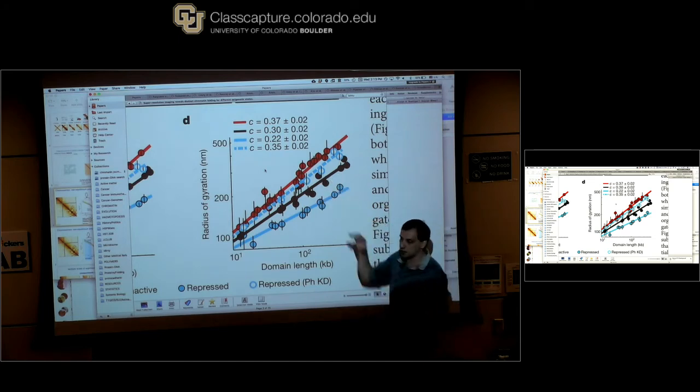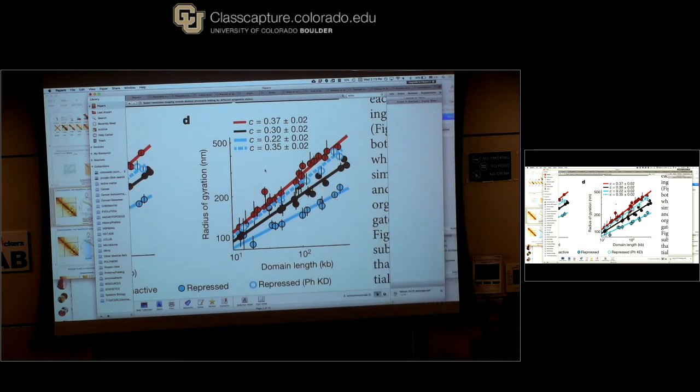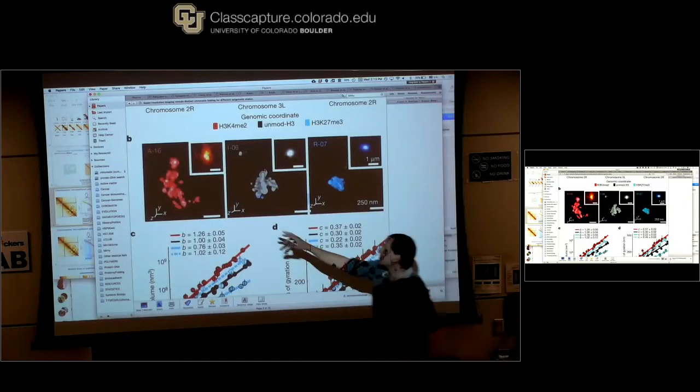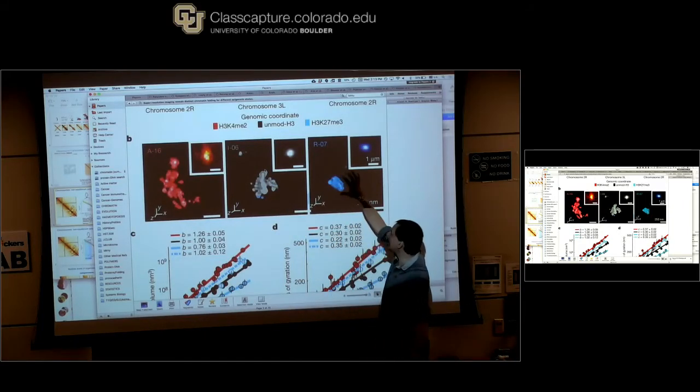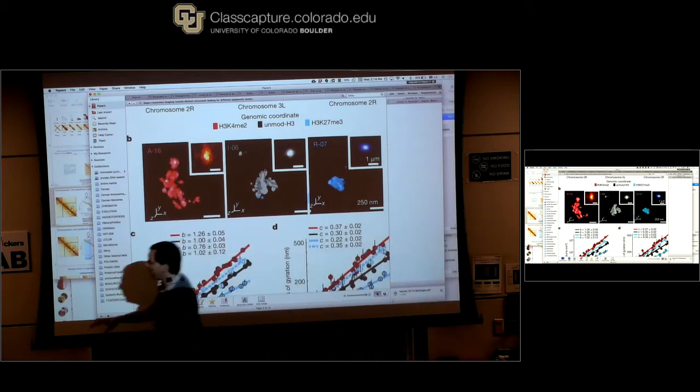So inactive regions of the genome are practically locally compacted. Active ones are kind of close to decompacted, and they look different. Active, inactive, and inactivated ones. Inactivated ones are kind of forcefully collapsed. Okay, 10 minutes, 15 minutes left. So that's one physical question, to understand global organization by analyzing R of S curves and P of S curves